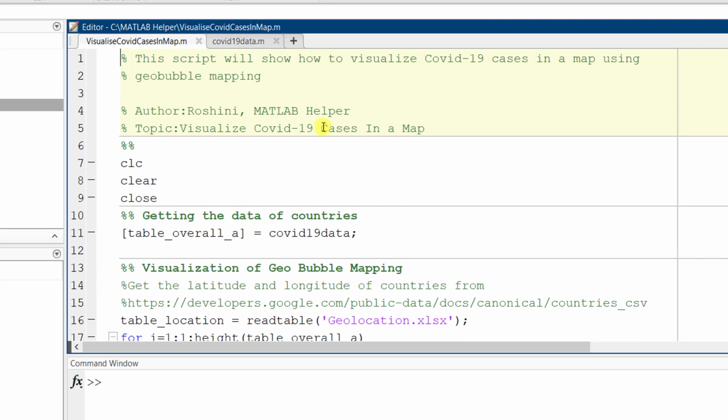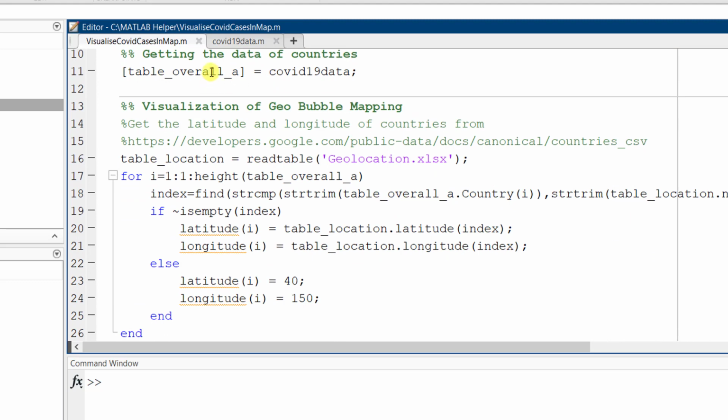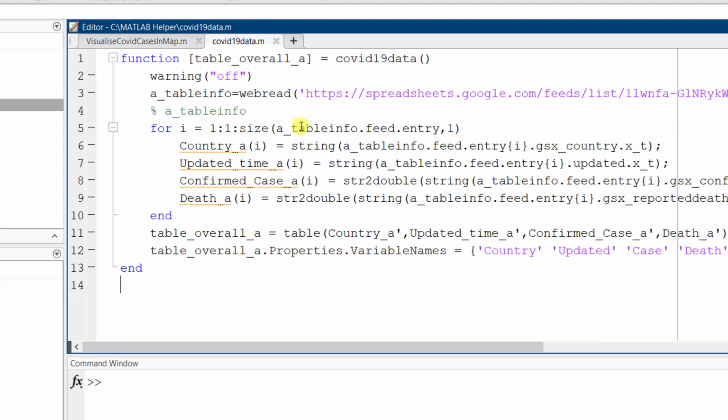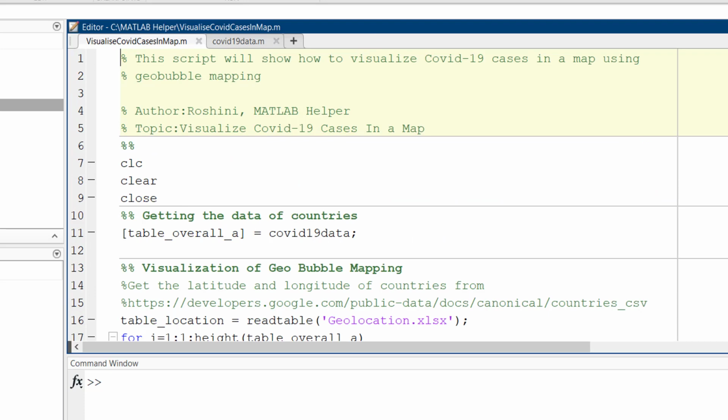This is from the code part. Let's try running it. One more thing is that in this COVID-19 data function, we are web reading it. That is, we'll be reading a web page for the data. So hence, when we run this code, we'll be requiring an internet connection. Let us run this code.